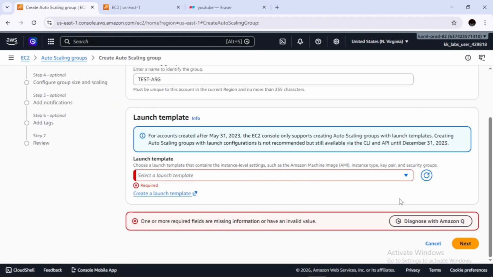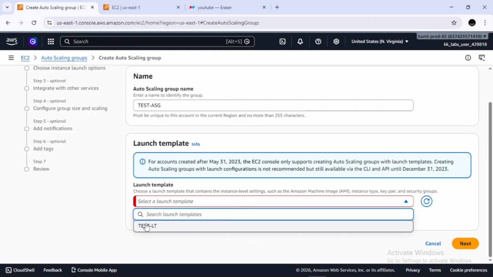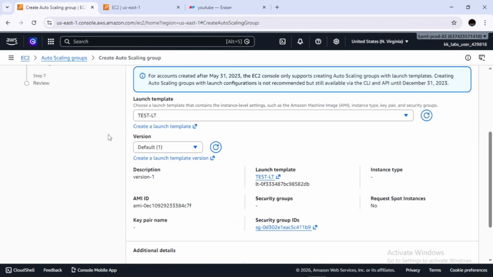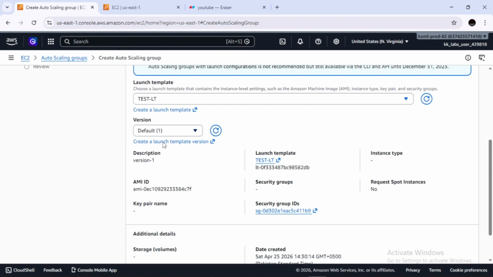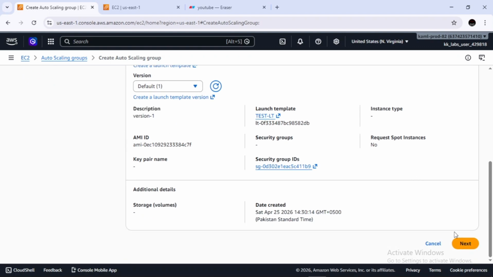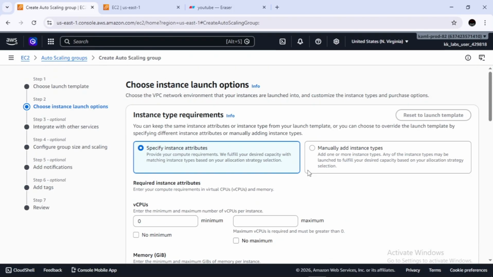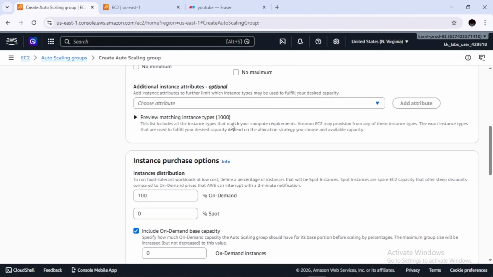Now let me just refresh this. And this is the launch template, and as you can see, its version is default, which is 1. And next. I have not selected any instance type because I want to explain this option, which is choose instance launch options.